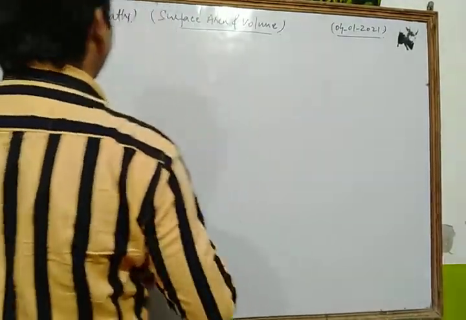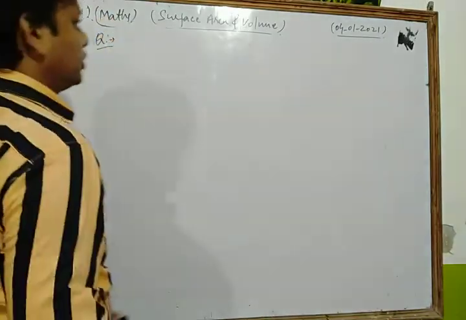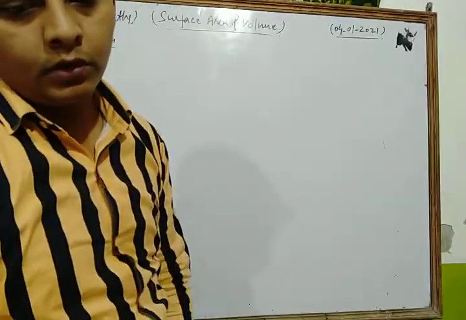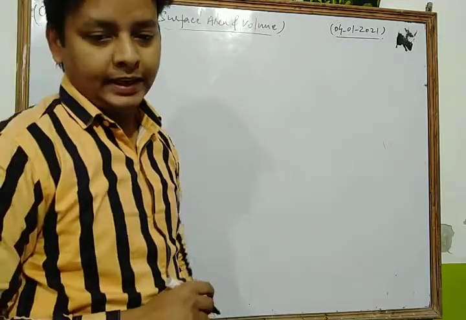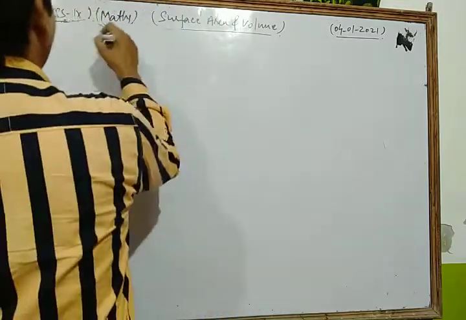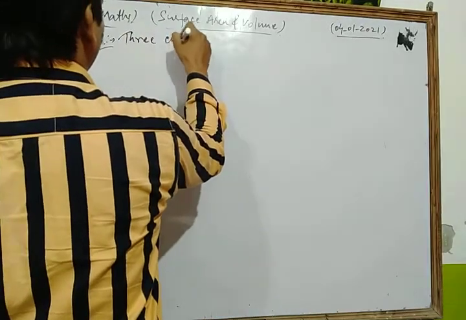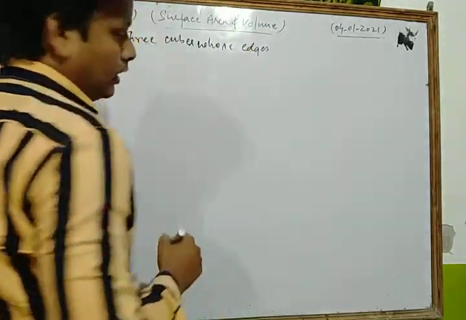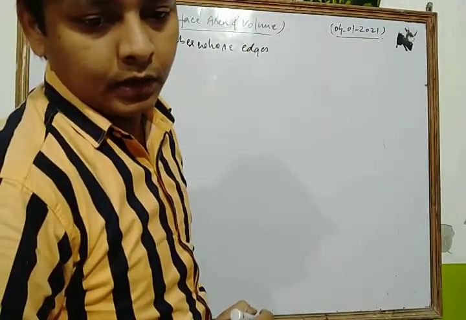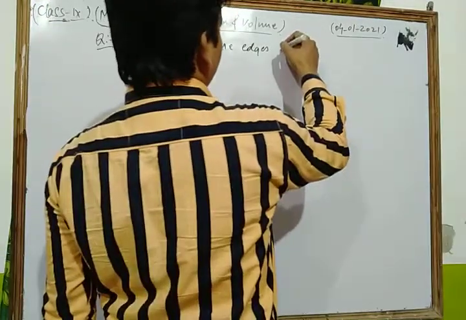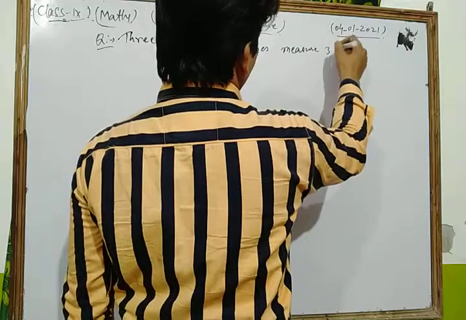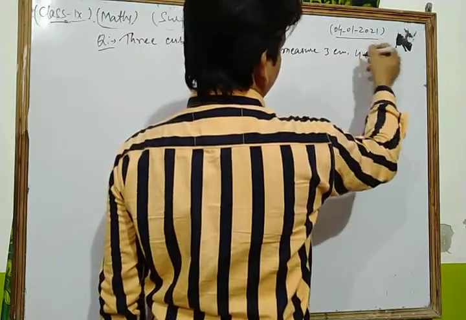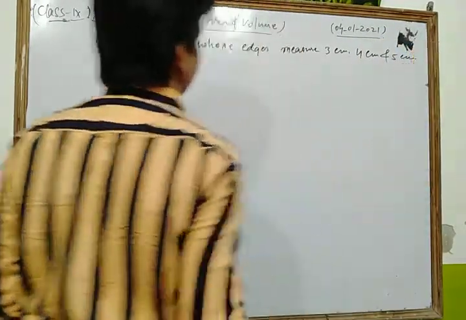Now we take some important questions based on cube and cuboid. Let's see. Three cubes whose edges measure 3 centimeter, 4 centimeter and 5 centimeter respectively